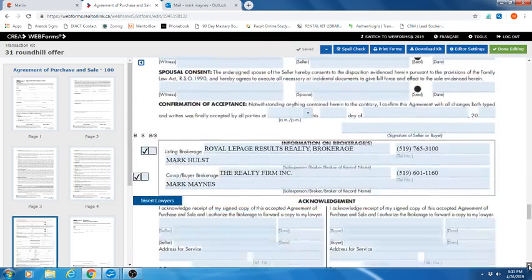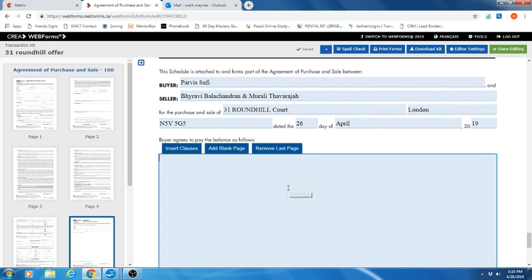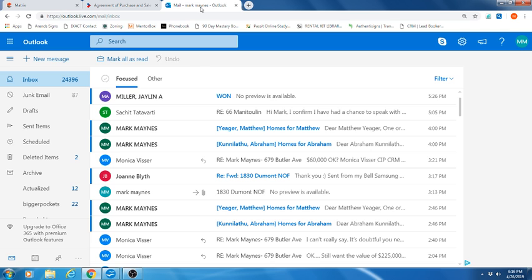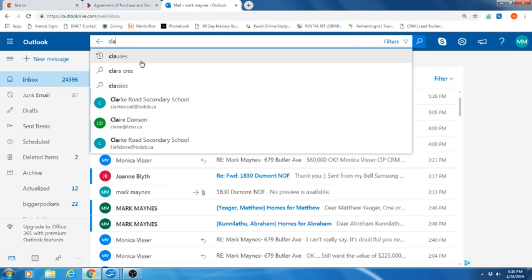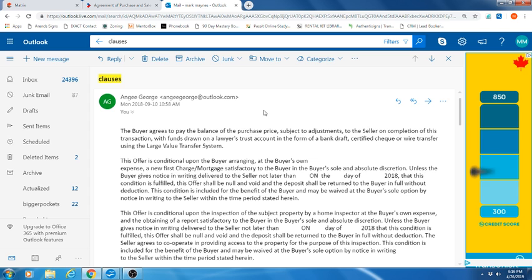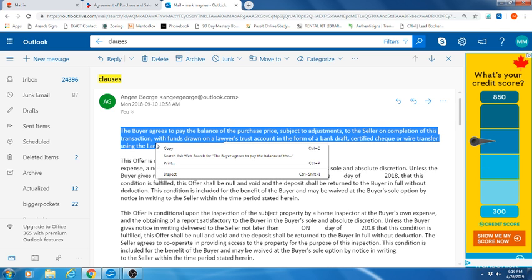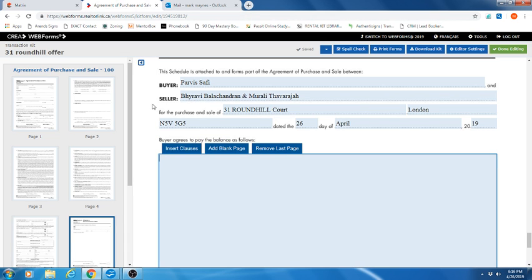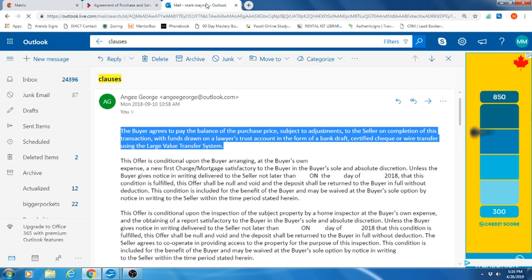So we're going to go all the way to the Schedule A. Now we're going to have our clauses. So what I do is I always search for clauses. So we're going to do this first and foremost. The buyer agrees to pay the balance. Copy and paste that. So he wants this on